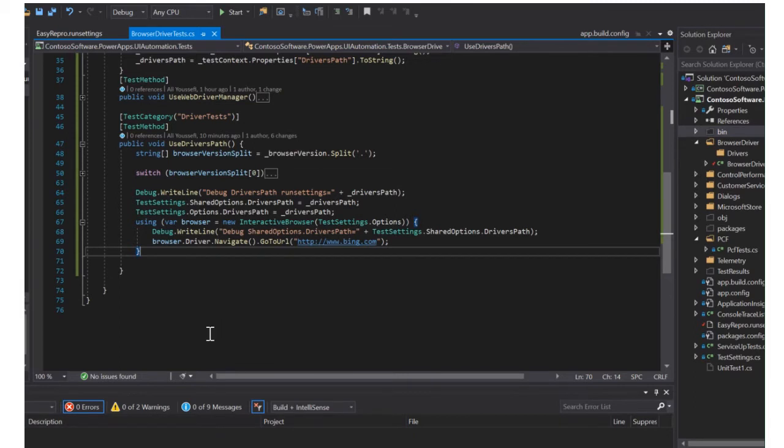Okay, for this demo here, we are going to look at working with specific browser driver versions. Right now, we're showing a local version of EasyRepro unit test. We will look to work not only locally here, but how this could work with the Azure DevOps Microsoft hosted agent. A little background on the Microsoft hosted agent. Part of the agent itself is that one of the benefits of the agent is that it provides pre-installed software. And as part of that pre-installed software,